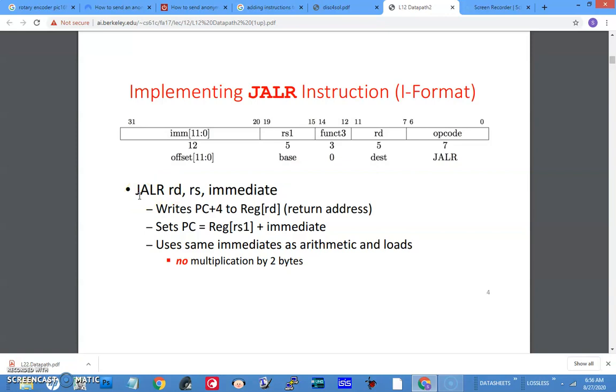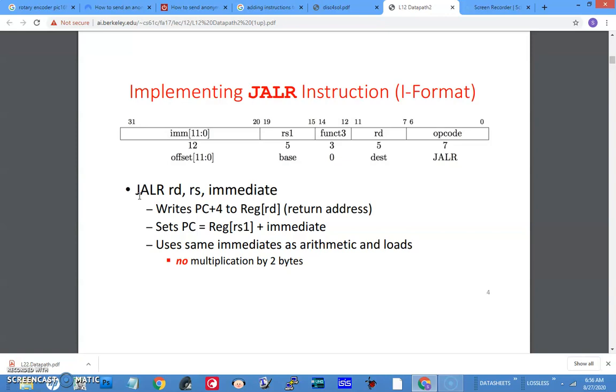Hope you understand. So what it does is it writes PC plus 4 to RD so that it can come back, and it sets the PC to the new value obtained by adding the immediate to RS.